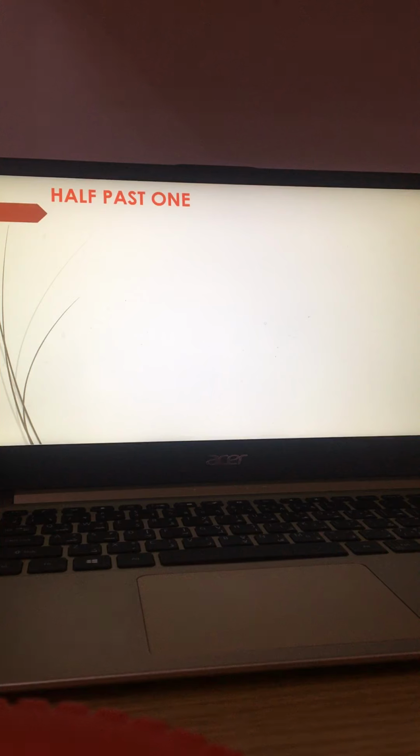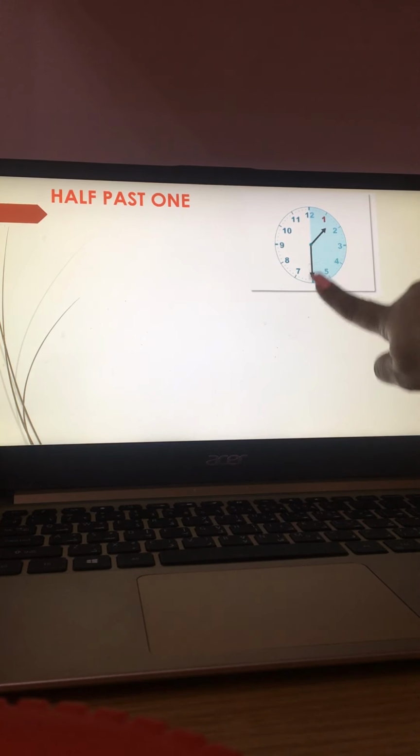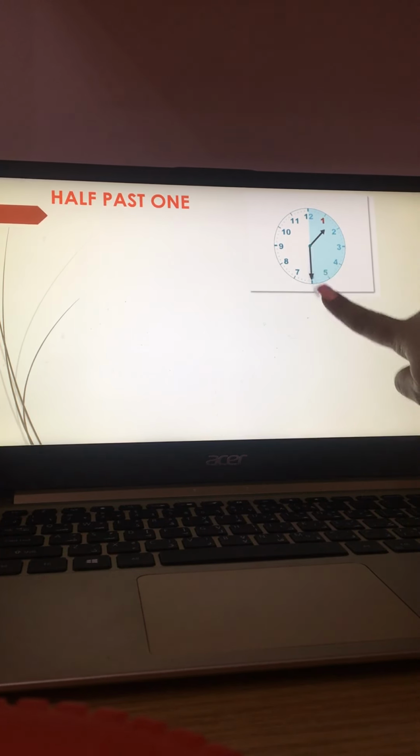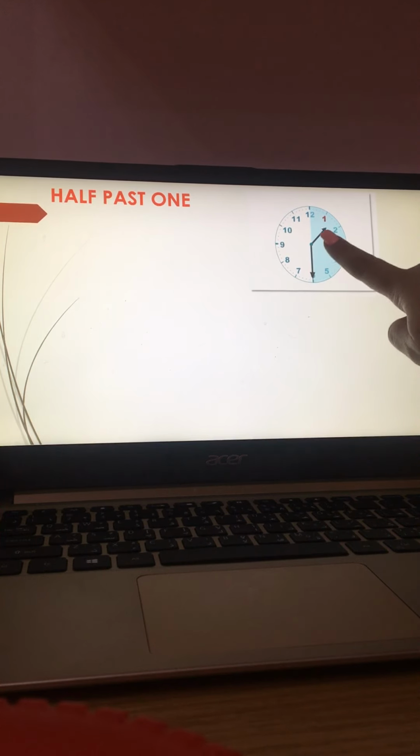The third example is half past. What do we mean by half past? Half past means that half an hour has passed. It means that the long hand is pointing to the 6. Look here, the minute hand is pointing to the 6. And the short hand is between 1 and 2. When it's between 1 and 2, we say that it's